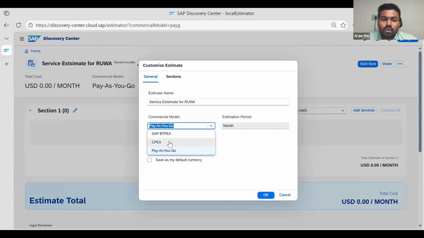CPA is for the old customers where you have some BTP services, along with which you have some cloud subscriptions as well. It's kind of a package. You get some cloud applications along with BTP services. BTP is specifically for BTP. This one will have only the BTP services. Okay, I'll come to that. For example,